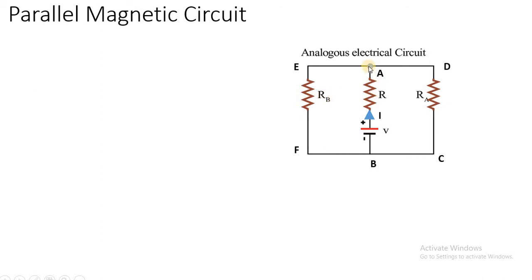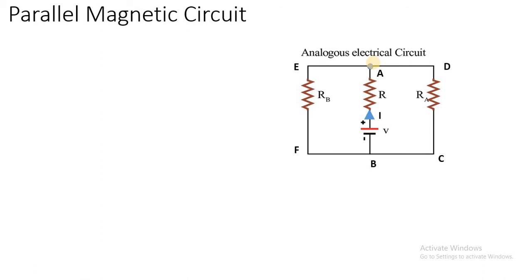So, I'll repeat again. This EMF of the magnitude V volt has supplied the current I. This supplied current I is flowing through the branch resistance R in the middle branch as it is, because it is connected in series with the battery. So the current I supplied by the battery will go as it is through the resistance R, and it will reach the junction point A.